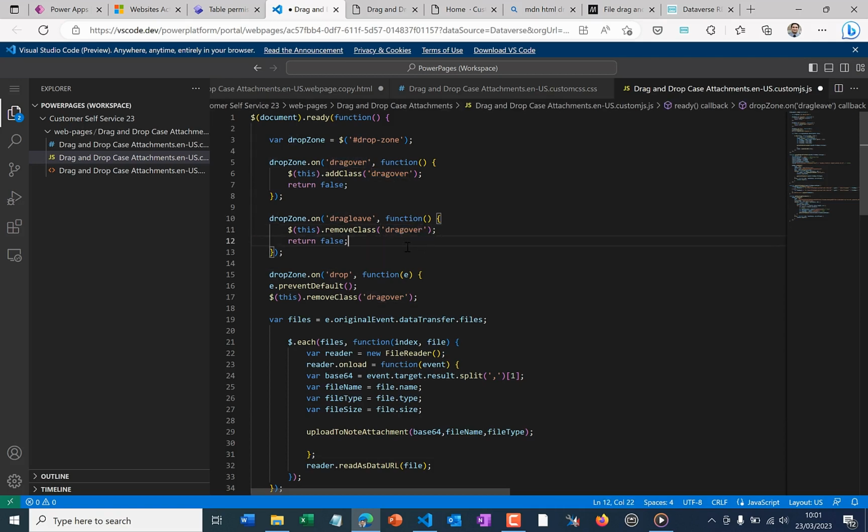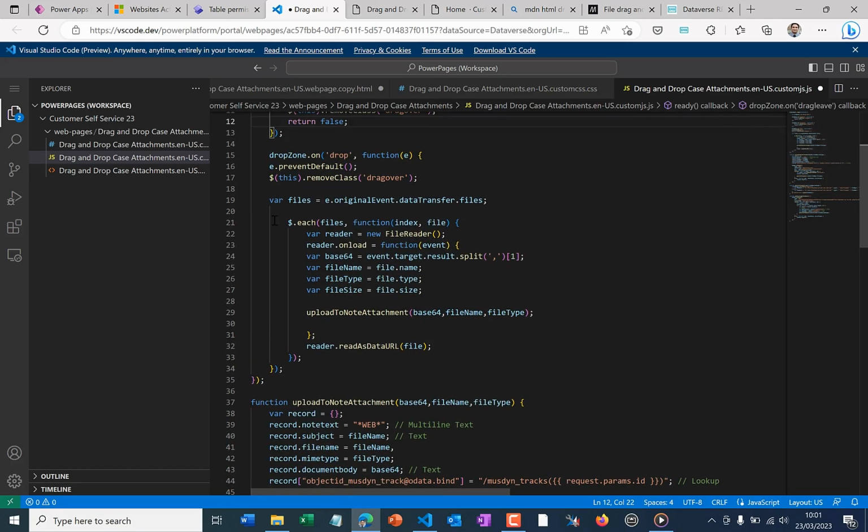When the files are dropped, that's when our real action starts. So we say get any files that were passed in with data transfer, loop over those, and what we're doing is reading those files. On successful read, this is what we wanted to do. So we grabbed the result of that file read, we removed that base64 prefix, and then for easy access we put file name, file type and file size in there as variables, and then we say we want to upload